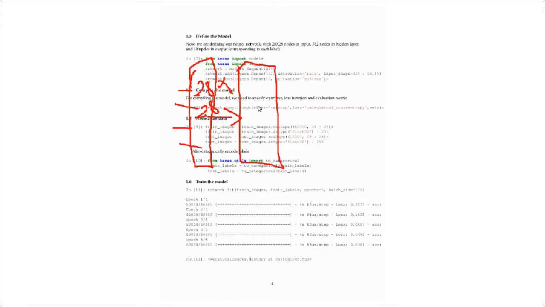This hidden layer has 512 neurons, and then we have the output layer. This is a 10-class problem, so we have 10 neurons corresponding to each class. That will give 10 outputs.